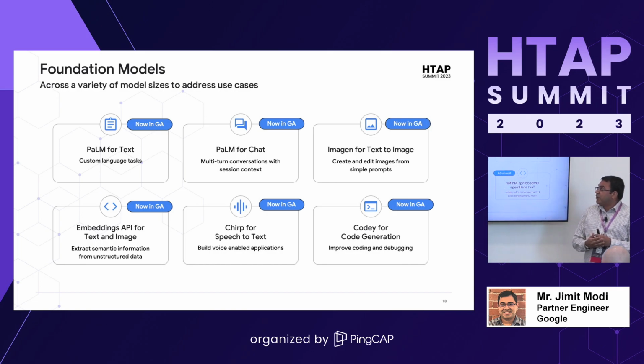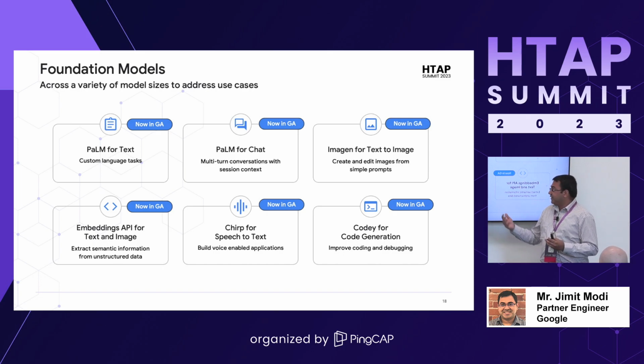Imagen is the model for text to image. I give it a text and it generates that San Francisco in a French cafe image in front of it. There's an embeddings AI. Essentially, it gives you semantic information from unstructured data. I have an example after this, which will go into much more detail on that. The next one is Chirp for speech to text. This is a model we use, let's say, if you have a YouTube video going on, and it generates all the subtitles of what is being said. It can be very powerful in terms of what is being said in a song in different languages. So that's a very powerful model.